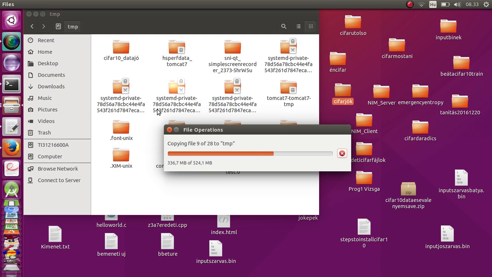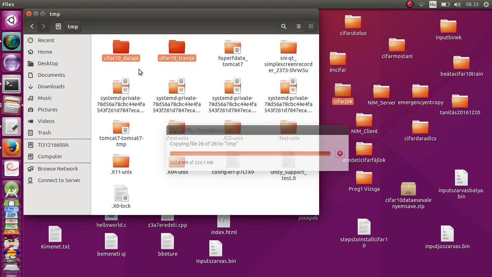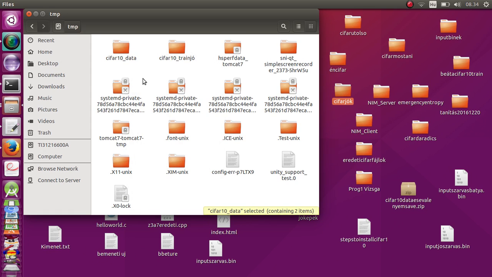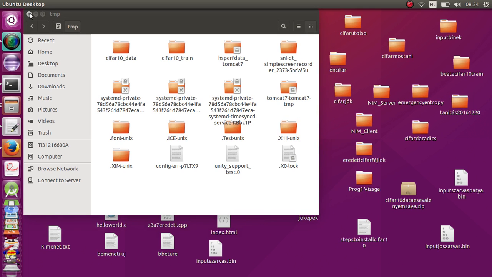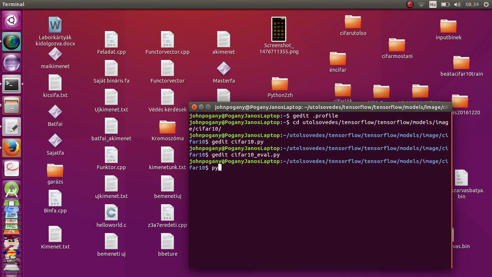It's 524 megabytes, but I can wait and all of us can wait. And of course I'm going to take these two characters away from it. So rename, okay, and rename it again. And so we are finished with this one. And now we are right here: python cifar10